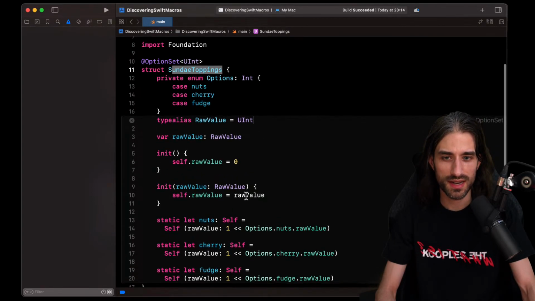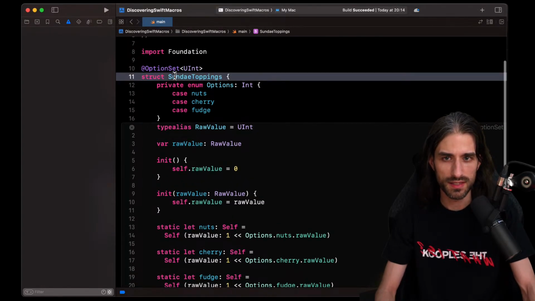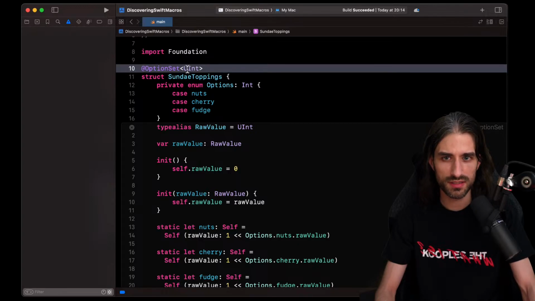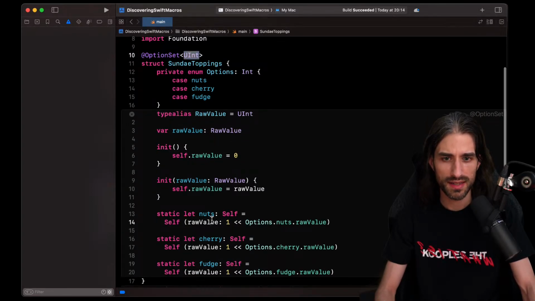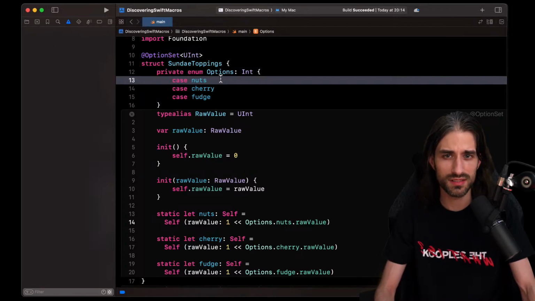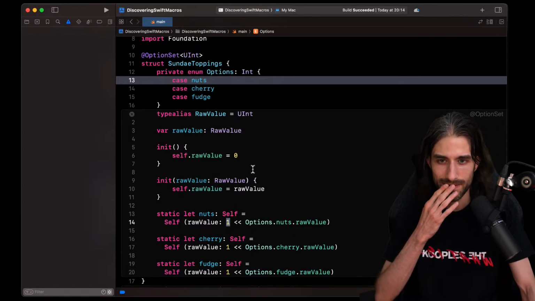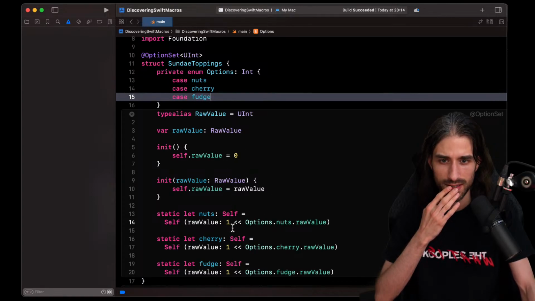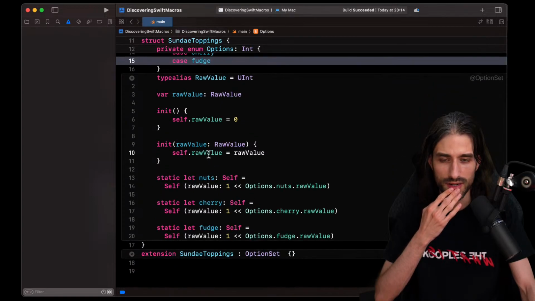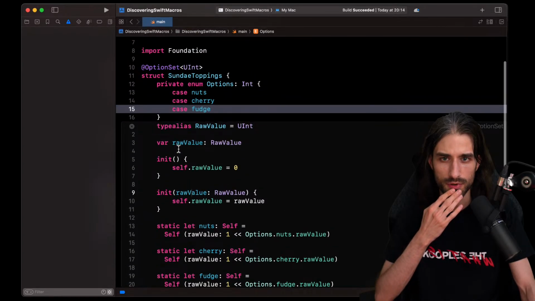Oh, okay, so this option set uses a uint as its raw value, and then it uses the raw values of the internal enum, which is a different raw value, to shift the one bitwise. Okay, okay. So yeah, it's this thing, and this thing, and I'm trying to see, and the raw value here is going to correspond to